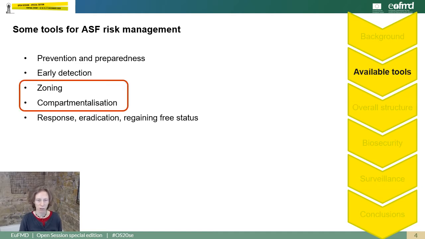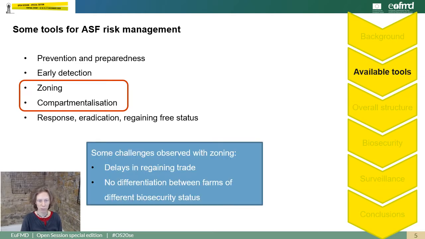Zoning and compartmentalization are the two main tools that are best able to support the industry in preemptively managing the risk of a disease introduction in the country. Zoning is a well-established method which is used for many infectious diseases in many countries around the world to support the continuity of international trade of animal products. Zoning agreements between trading partners may be concluded a priori or after a country lost its free status. In any case, such agreements may take a long time to be signed, which can result in delays in regaining access to international markets for the industry.